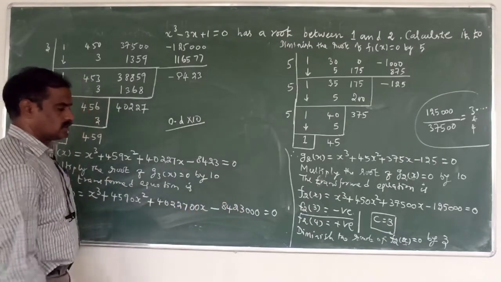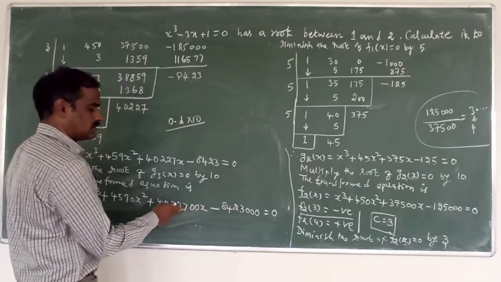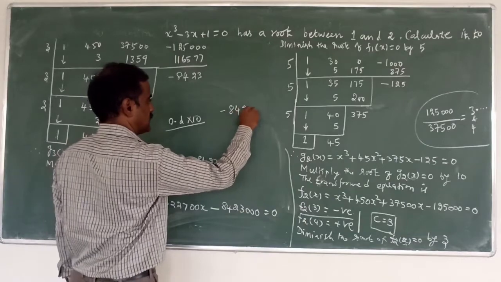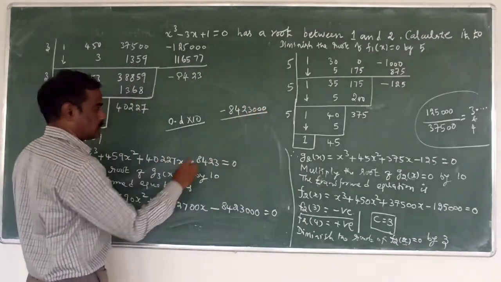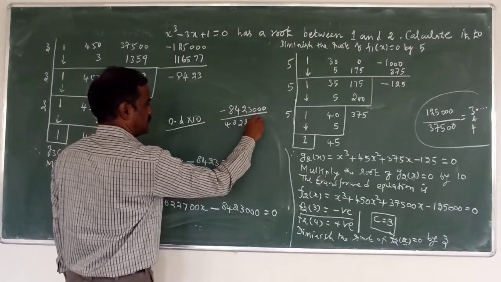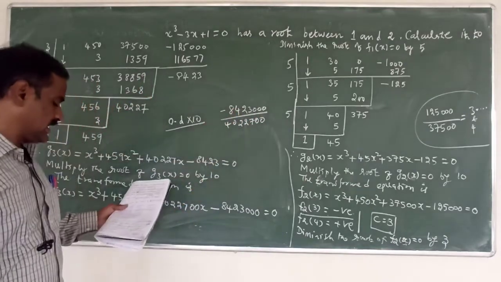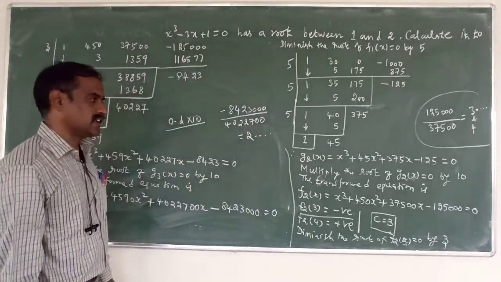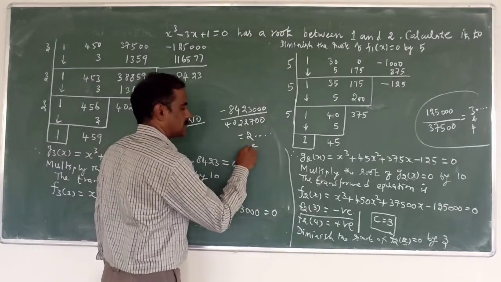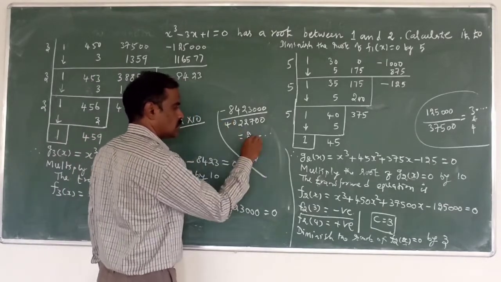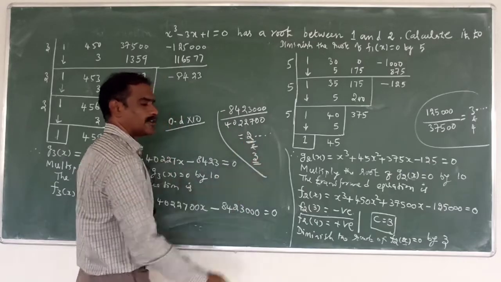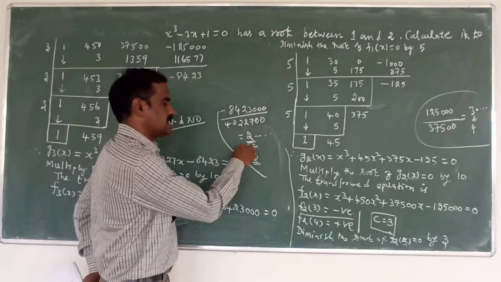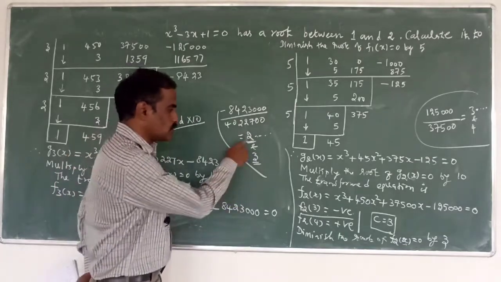Now trial division method. Trial division method means constant value we have to divide with the x value. Minus 8423000 divided by 4022700. Now to divide these two, we can get the value equal to 2 point something. 2 point something means here the 2 and 3. The root lies between 2 and 3. 2 for negative and 3 for positive. Now divide these two, we can get the result 2 point something. 2 point something means the real root is between 2 and 3.